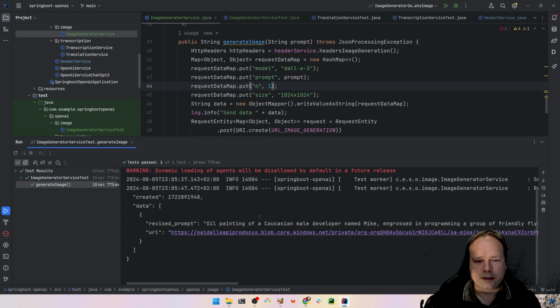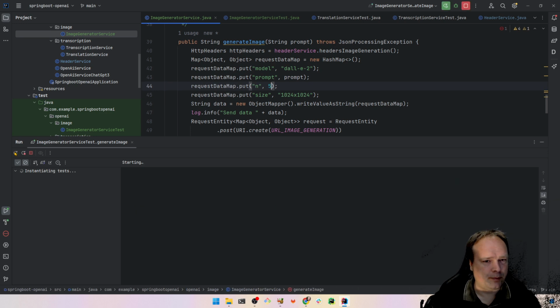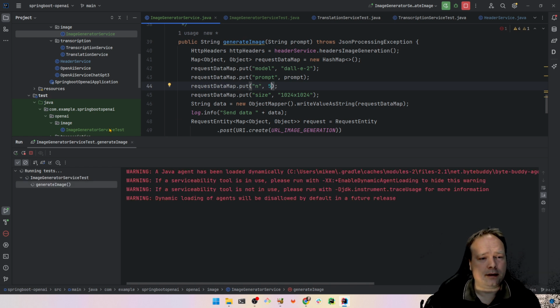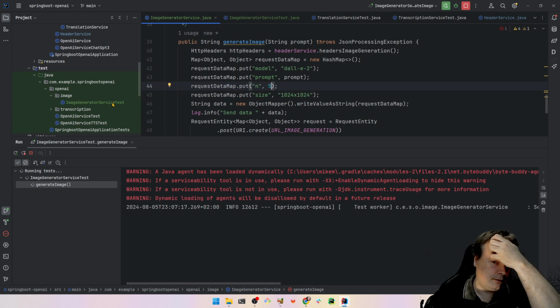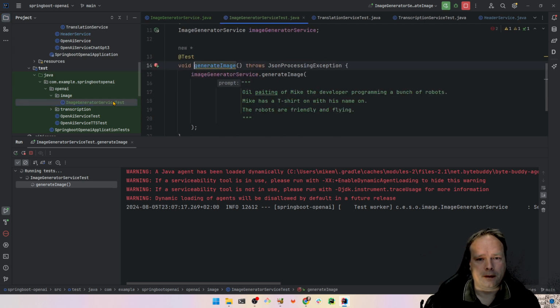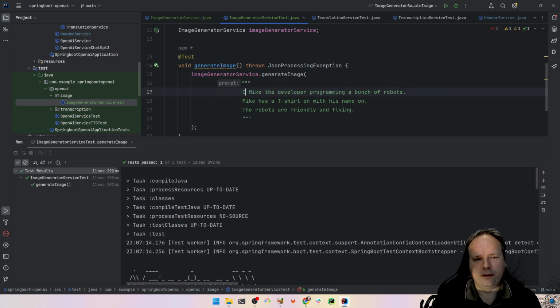So now we got this picture right here. Let us try DALL-E 2 instead, and let us try to take 5 images. Let's see what happens. We could also change the prompt actually. Instead of watching Mike, we could watch some ducks or something like that. Okay, and also I like cartoon. I don't like the oil painting actually. Let us have a cartoon of